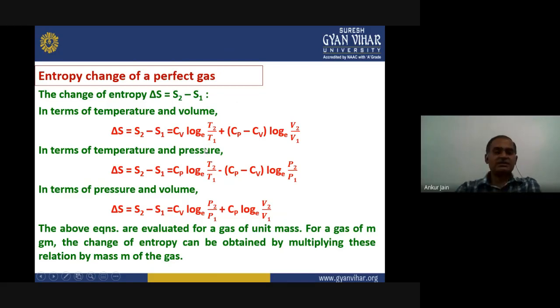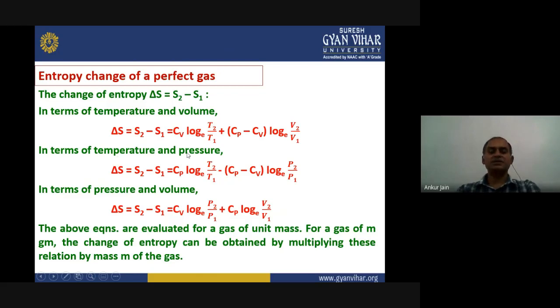for only one state. Now we are changing it, so we will put the limit from T1 to T2 or V1 to V2 for the second term, because we are considering the coordinates of these two states, from one state to the second state. So for T it will be T1 to T2, for volume it will be V1 to V2. Since it is log, if we put the limits in our equation, log T will be log T2 minus log T1, right? When we combine it, because of the log term, it will become log T2 upon T1. Similarly, we can do it for the volume term. So the formula becomes something like this.